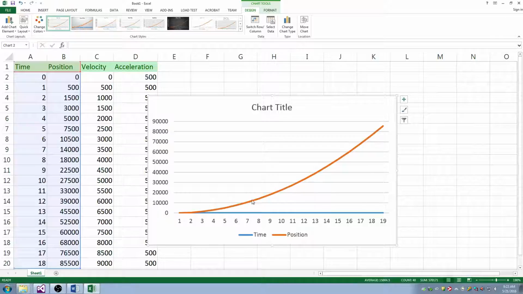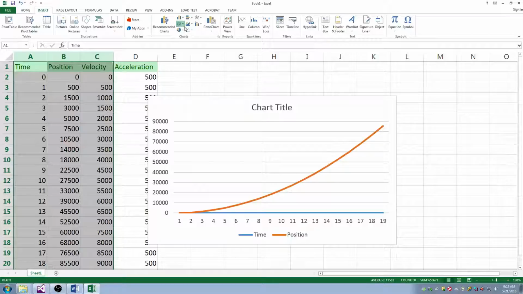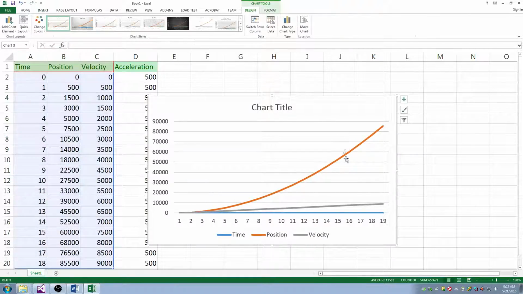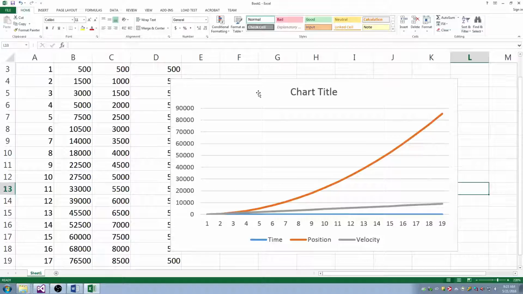So this is our position over time, right? Look, our position is curving upwards. But if I add velocity into here, look at our velocity over time. You see how it's basically a straight line here? If I extend this out even more,